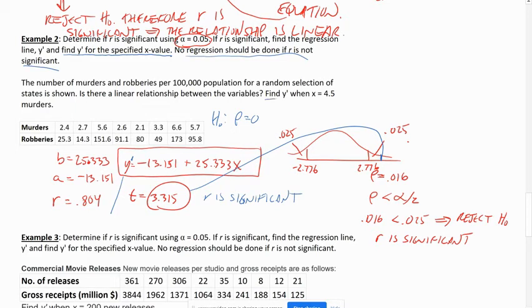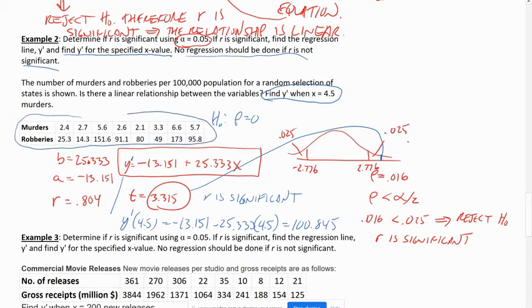So it's saying find y prime when x is 4.5. So y prime when x is 4.5 would be negative 13.151 minus 25.333x. X in this case is 4.5. And if you plug that in, you get 100.845. So this is showing, since we are saying R is significant, that's telling us there is a positive relationship